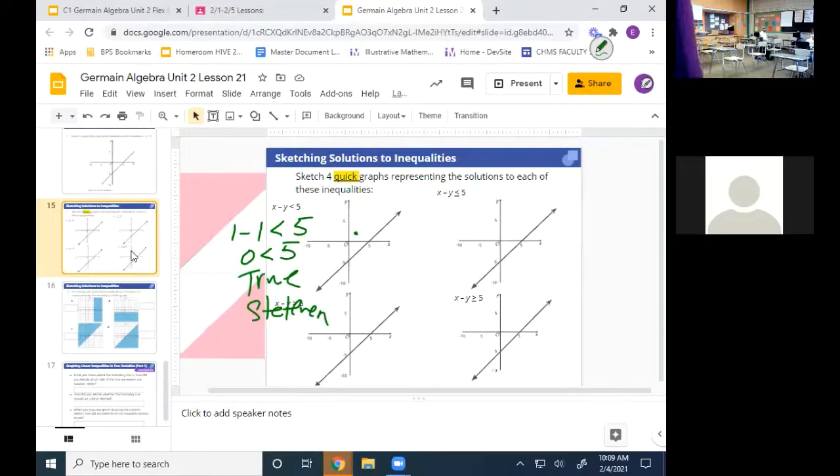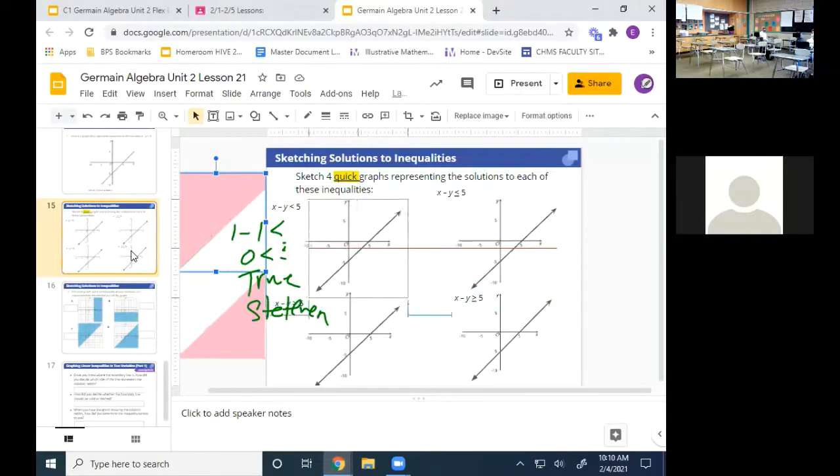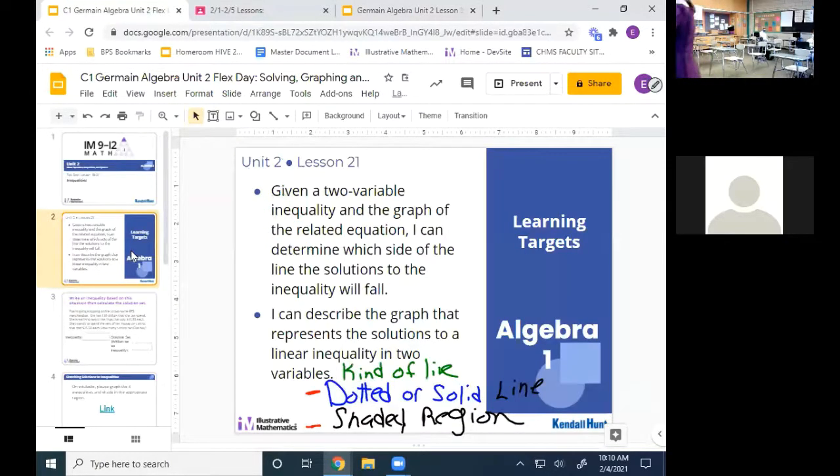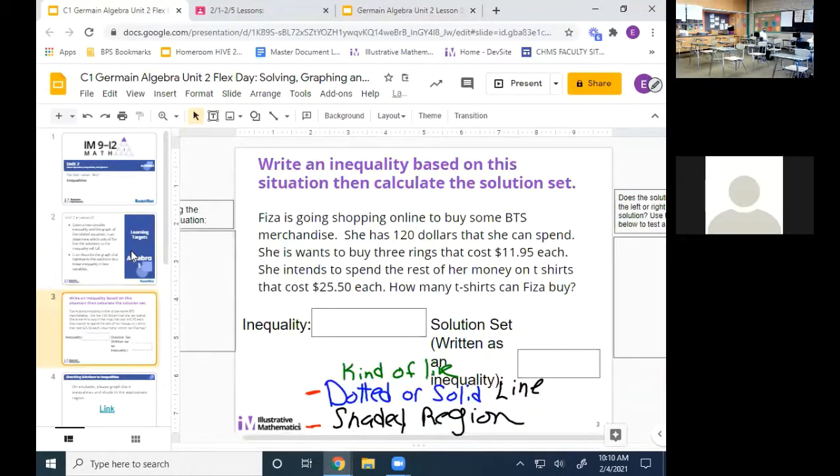So that means that point is a what? A solution. And when we find that the point is a solution, that is the side of the graph that you're going to shade. So you would have taken this piece right here and put it over that side of the graph. Do you get what I'm saying when I'm talking about where we're shading? Good. So if we look at slide number 3,